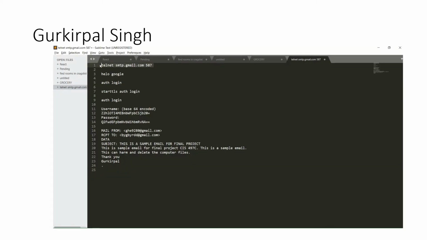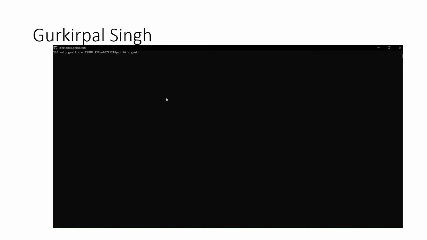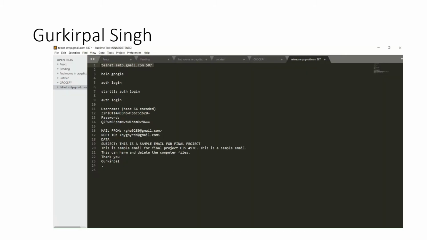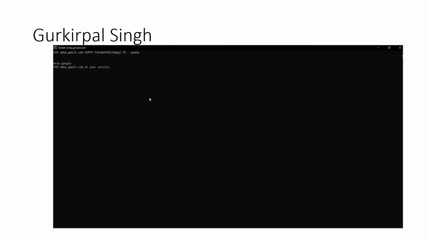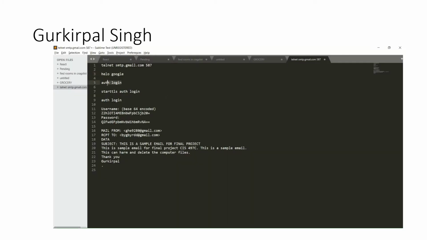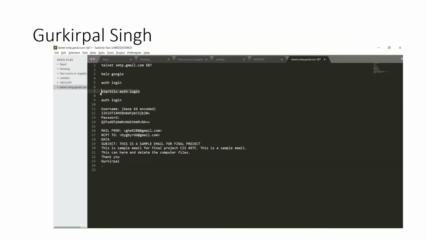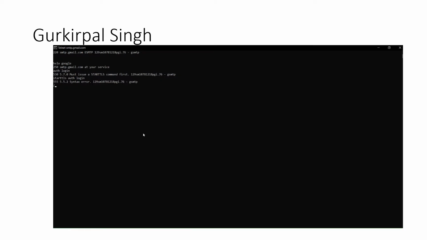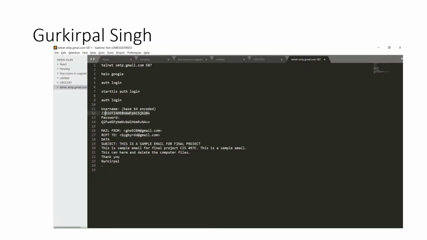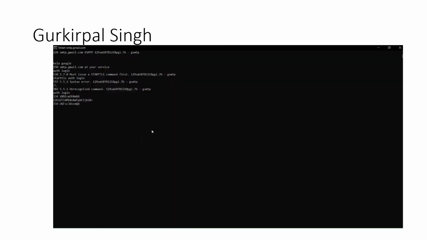These are the commands that were used to send the spoof email. We will be sending this email now, and we are connected to Telnet. Now let's start with Hello Google. SMTP as a service, authentication login. We have to start with this command, and authentication login once more. We have to input the base 64 encoded username, and then the base 64 encoded password,